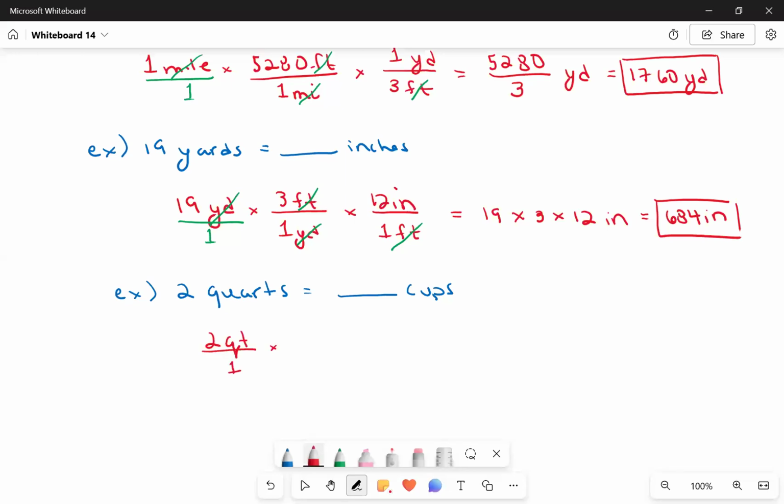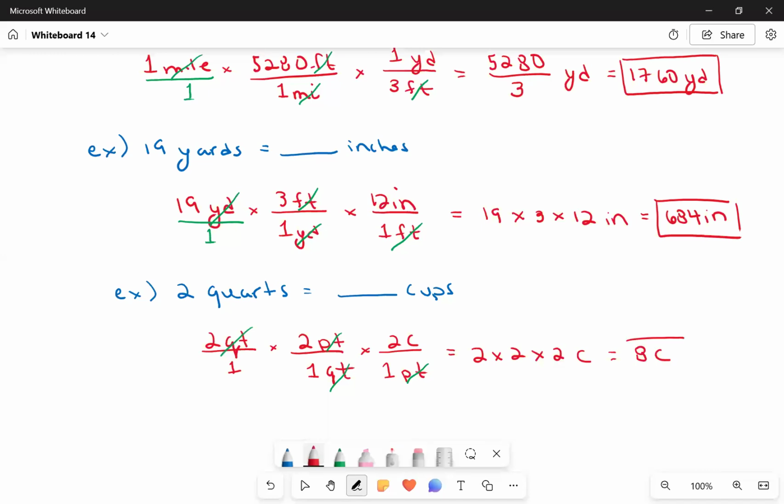Looking at my sheet, I know 2 pints equal 1 quart. Putting the quart in the denominator, those cancel. And then 2 cups equal 1 pint. So quarts are canceling, pints are canceling, and I'm left with 2 times 2 times 2 times 2 cups,